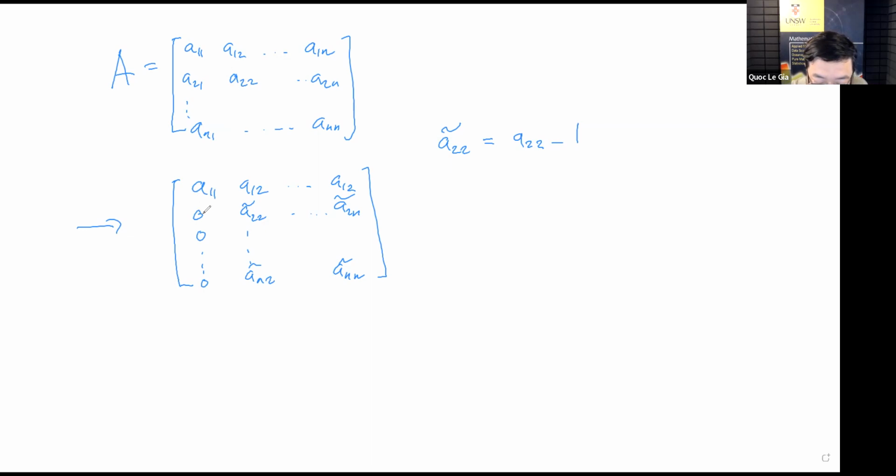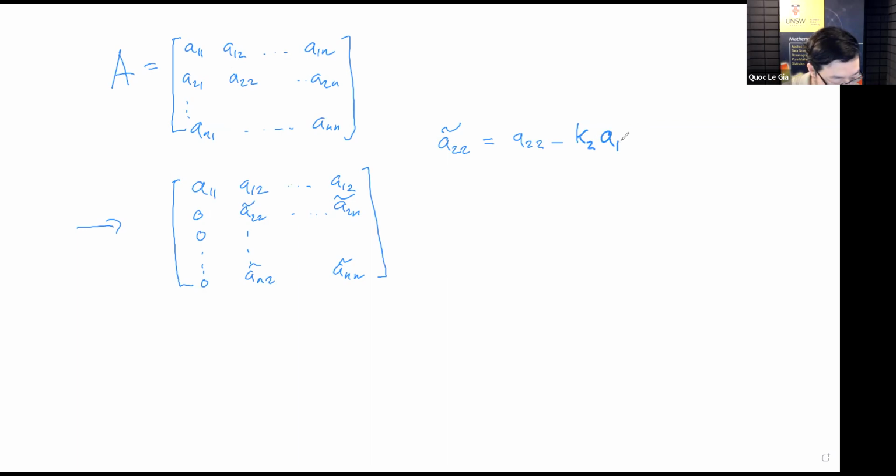So I make all of these entries 0. You saw this before, right? And so this new entry A22 tilde is the original A22 minus some constant, maybe I call it K2,